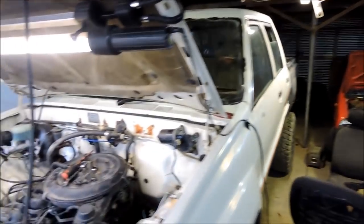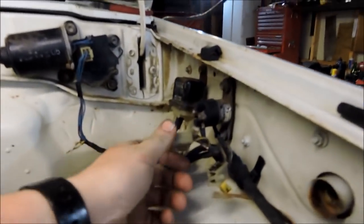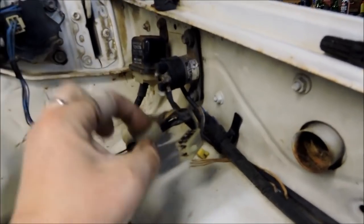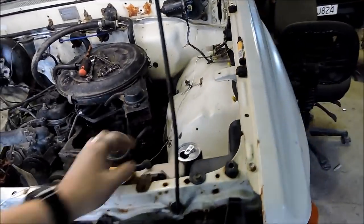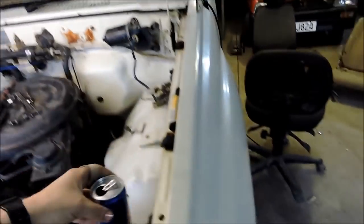Alright, it is Tuesday today. So yesterday I drank a few Waikatos and fucked around with some wiring. Found me a positive for the coil, starter motor switch, had a few beers and then fucked off home. So today, Red Bull. What I'm going to do for an hour or two to keep myself busy is go